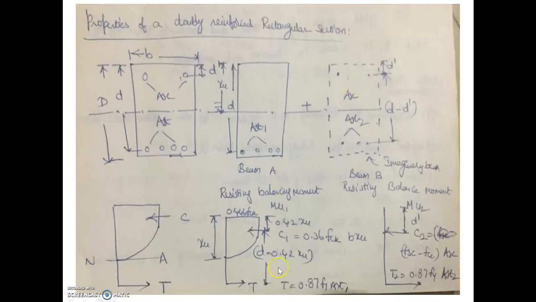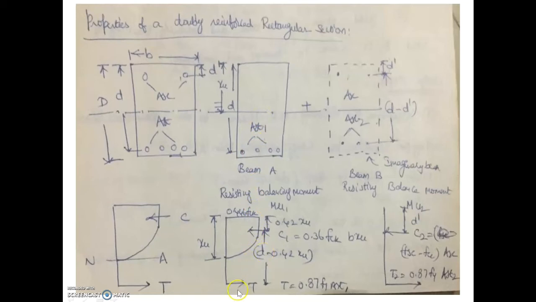So these are the stress block parameters of a doubly reinforced beam. If we draw the stress block parameters, this is the neutral axis, this is the total tension offered in that beam section, and this is the total compression in the compression zone. And if we draw a stress block for the resisting balancing moment, that is a singly reinforced beam section,